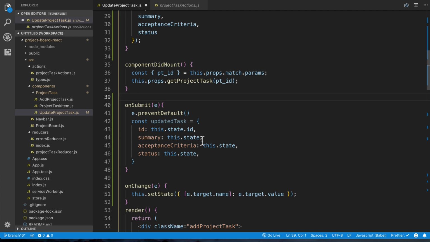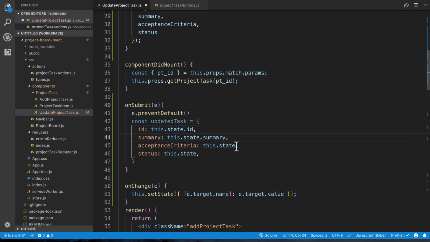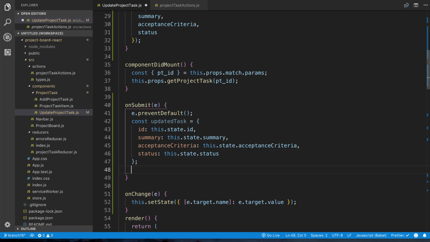ID, this.state.summary, this.state.acceptanceCriteria, and this.state.status. Okay, cool. So with that in place, I think that all we need to do now is come back here